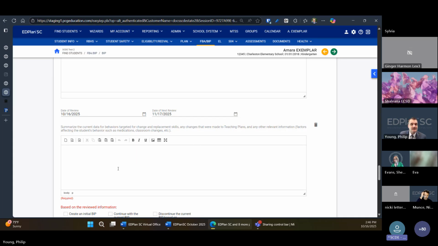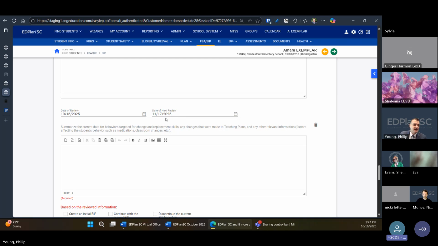There is a notification that will come to the case manager and notify them when they need to do this review. Whatever date they put in here, we've set up some alerts. Nick, I don't know if you have this info, but I think they'll get a notification 10 days before the event, 5 days before the event, and on the day of the event.